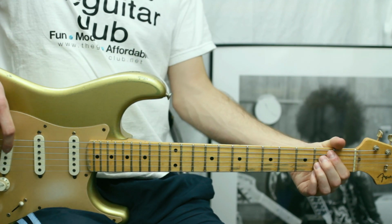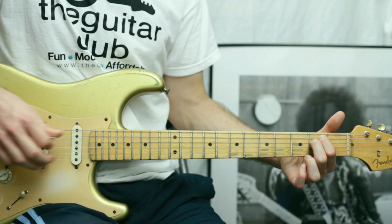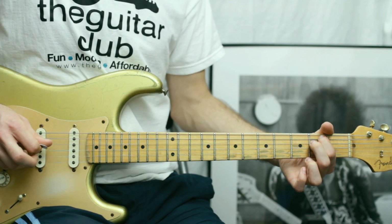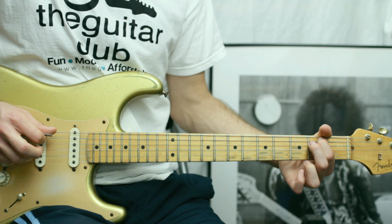Let's go back to the beginning. This is the pattern for E minor. It's going to be the top string on its own, then the full chord, then a hammer-on pull-off between, well, I'll show you first. So it will be open fourth, 2, open fourth, then 2 on the fifth,